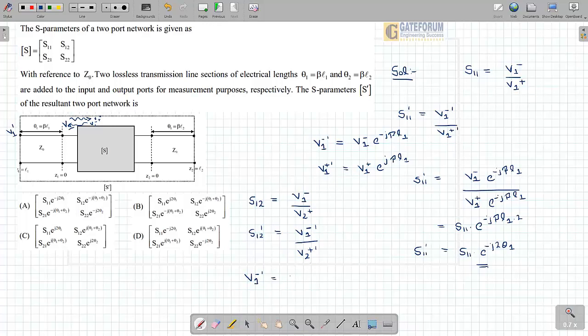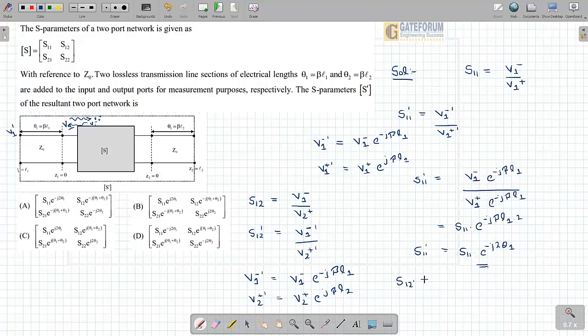From this equation, it is V1 minus e to the power minus j beta L1, right? Similarly, V2 plus dash is going to be V2 plus. Now V2 plus is on this side, it is e to the power j beta L2. If we substitute in this, we will get